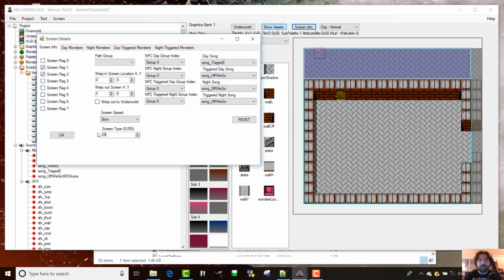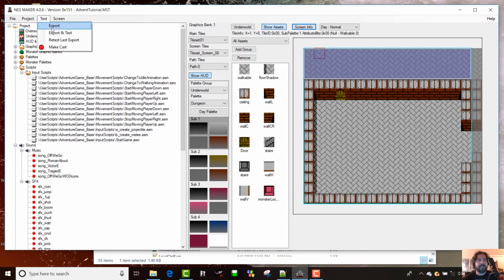And you don't have to work backwards like this. You can work up as well. I guess I'm trying to keep them as far away from 0 as I can, 0 type screen. But you could just as easily go 0, 1, 2, 3, 4, 5, 6, whatever. So now if I test it,